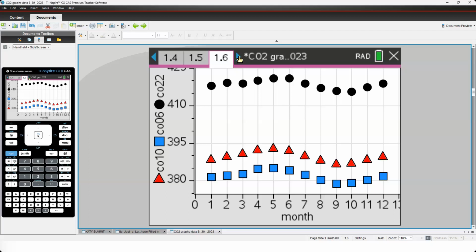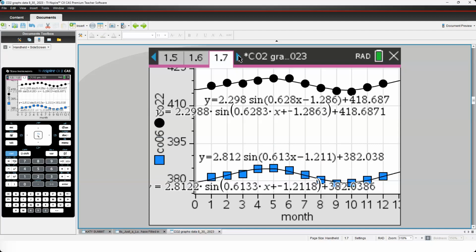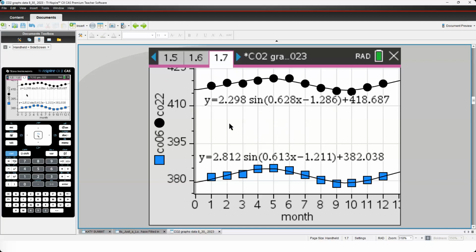Okay, so Rachel, go to the next page, 1.7. Click on the page to make all that stuff go away. Just, yeah, click anywhere on the page. This is an artifact. It makes that I type the stuff in here. Okay, so in order to get both of those equations done at the same time, I actually typed one of them in and one of them is active, or maybe I typed them both in.